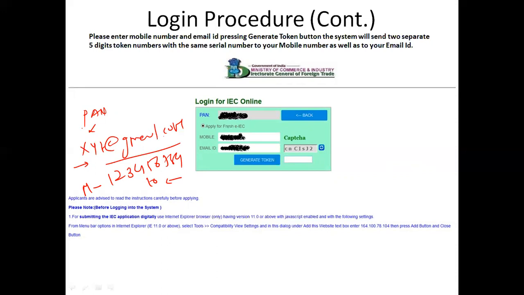The reason behind this is once you enter this PAN number, you need to enter your mobile number over here. Okay, so please mention your mobile number, your email ID, and click this captcha over here. And then click on generate token. This is step number 3, generate token. Once you click on that,